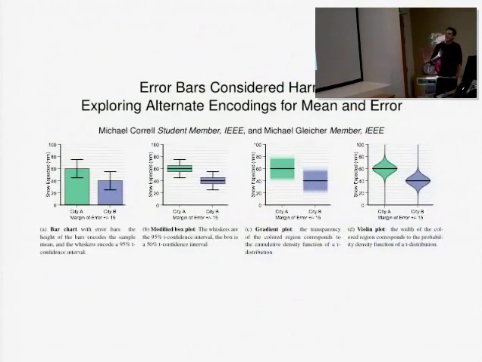So in a similar vein, there's this paper that came out a couple of years ago that was looking at error bars. The de facto way of presenting means and confidence intervals is this plot on the far left. So we've got a bar chart with really clearly defined confidence intervals, and the de facto way of checking whether or not a finding is interesting.